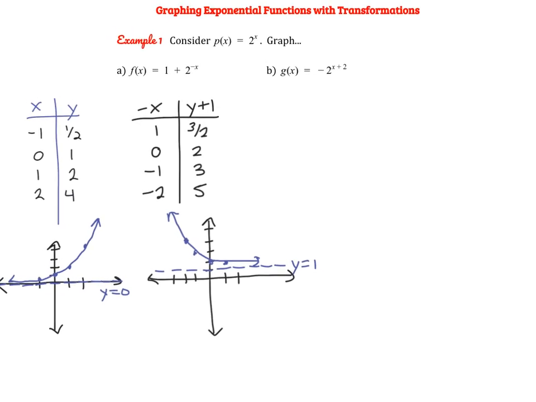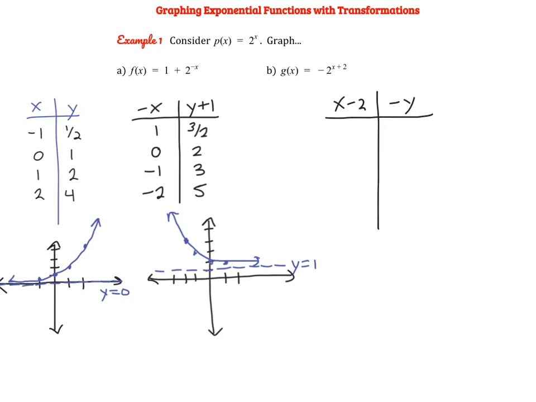All right, and let's look at part B and see if we can graph g of x. So here I see that we have 2 transformations. We have a vertical reflection over the x-axis, and here we're going to shift to the left 2. So to change our coordinates, we're going to do x minus 2. That's going to shift all of our x values to the left, and then we're going to do negative y